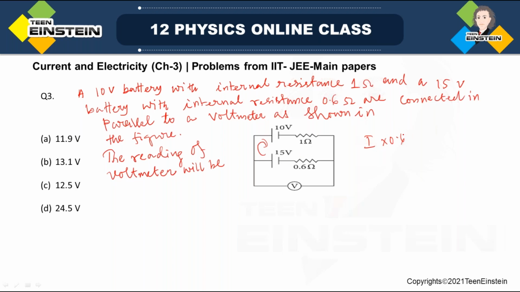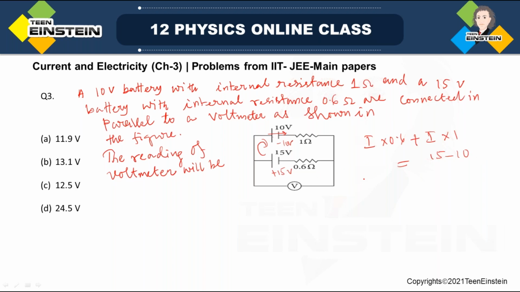I into 0.6 plus I into 1. So this is the voltage drop. And now on the right hand side, we will write the total EMF of the batteries. In this case, this is positive 5 volt, and since we are going from positive to negative, we'll take negative of 10. This will be negative 10 volt. So from Kirchhoff's law,